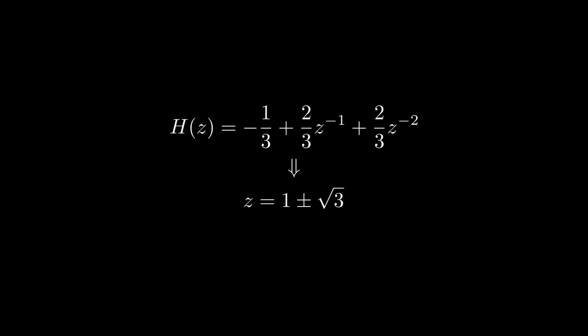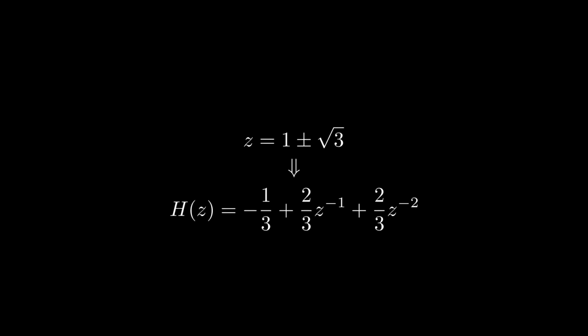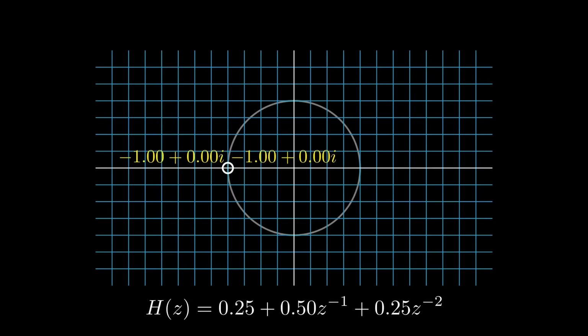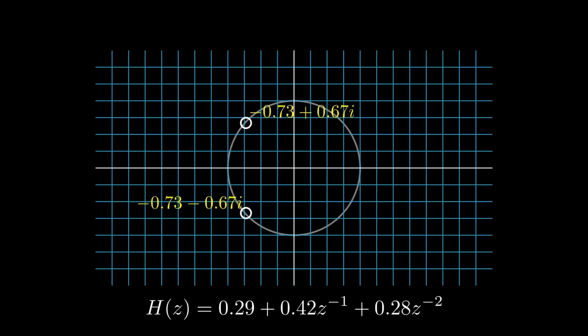Earlier, we found the zeros of our example transfer function by setting it to 0 and solving for z. One way to think about that process is that we converted the transfer function into its corresponding zeros. The algebra actually works both ways, and we can just as easily convert a set of zeros into its corresponding transfer function. This property allows us to design equalization filters by first choosing where the zeros will be in the pole zero plot and then converting the zeros into the corresponding transfer function. Designing the filter in this way is intuitive because we know that wherever we place a zero, the parts of the frequency spectrum that are close to that zero will be attenuated.